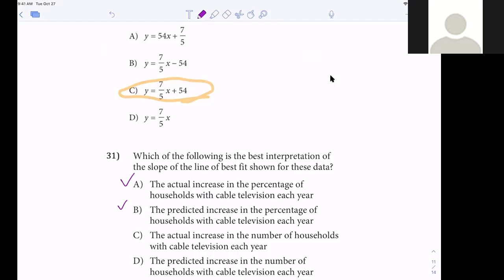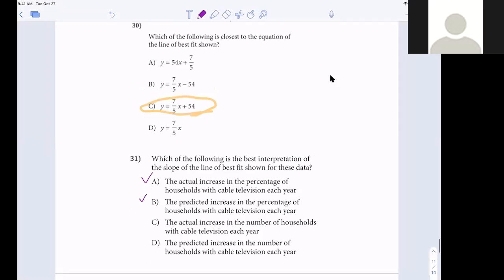Now, the slope is a change, correct? Yeah. So the actual increase in the number of households with cable... you guys listen, there's too much for me to try to explain for you on this one. So on 31, you can just hit omit for me. All right, I don't want to try to,